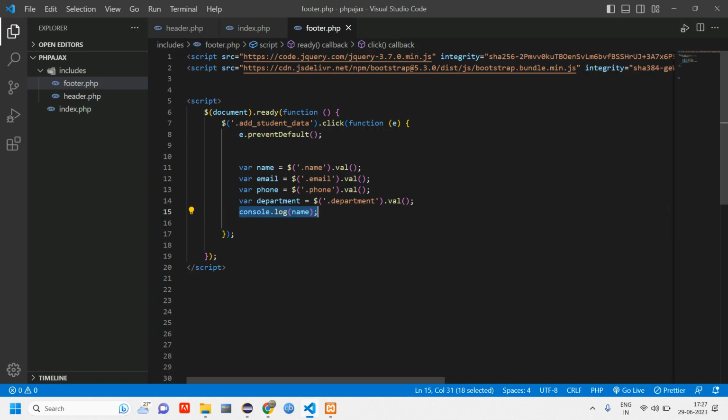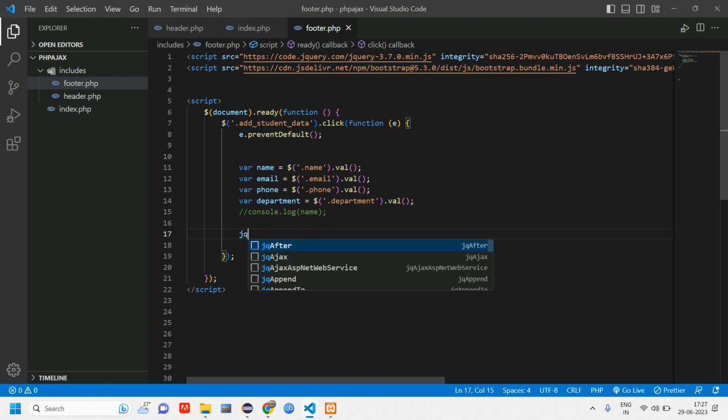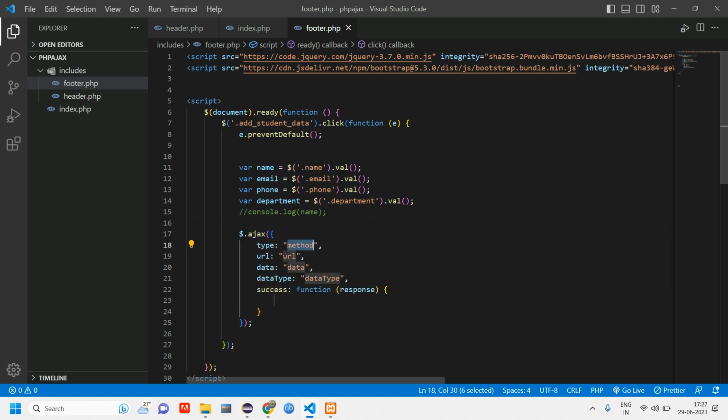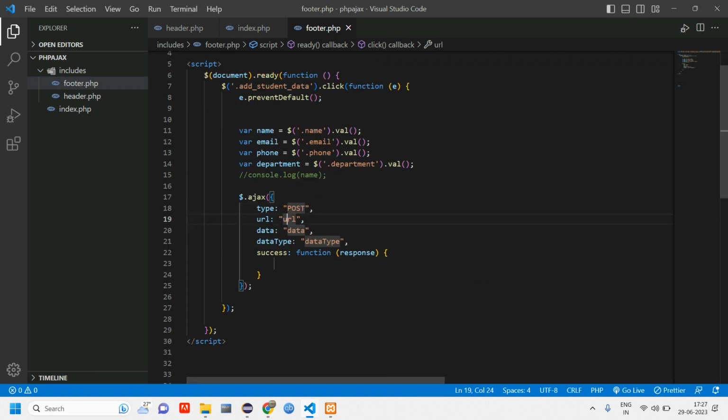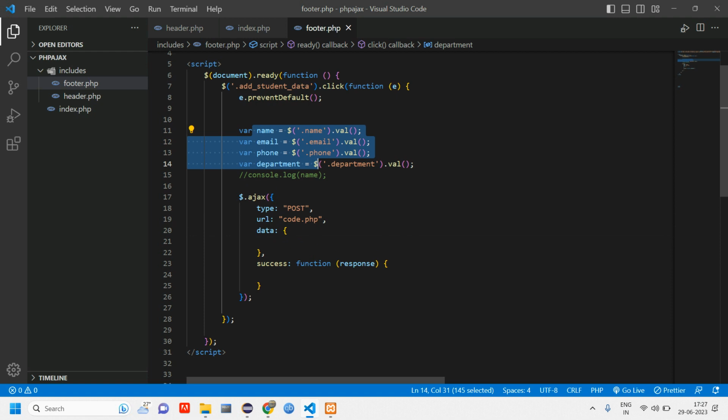Let's comment this once again. And here let us call jQuery AJAX. So the method is obviously going to be post, and URL we'll create code.php file, and data type is not required. The data will be these data. Okay, so let's do that in single quotes. Give add students